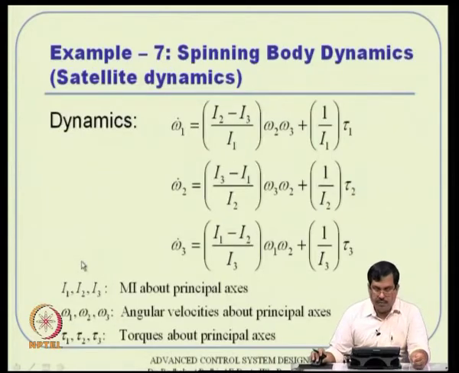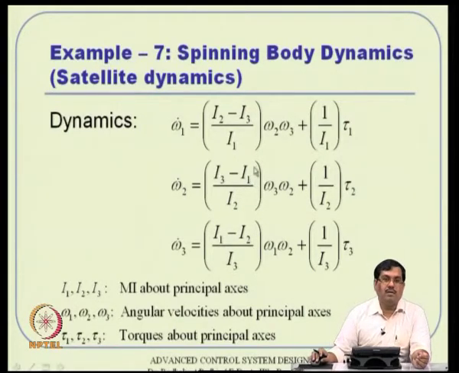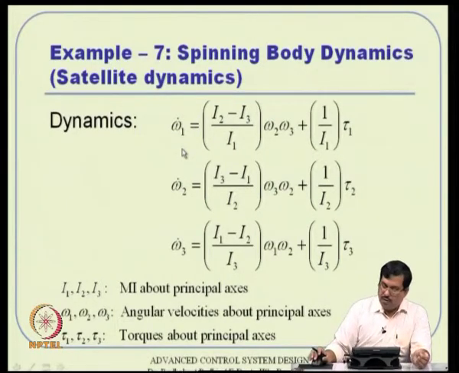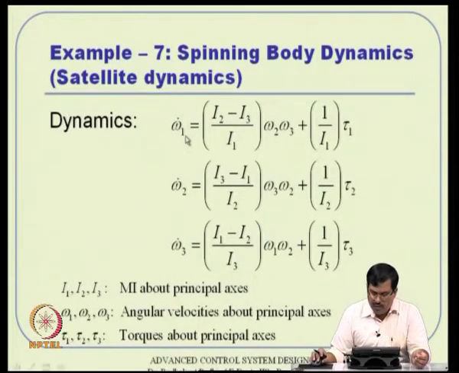All right. The next example is a spring mass as this spinning body dynamics. You can assume that it is a satellite dynamics. That is what the dynamic equations can be represented like. Remember, there will also be attitude kinematics coupled with that. That means the way the satellite is oriented will come through certain angles, and those angles can be Euler angles; there are various representations like MRP, direction cosine matrix, quaternions and things like that. That part we are not talking about here, we are just talking about the dynamic component.